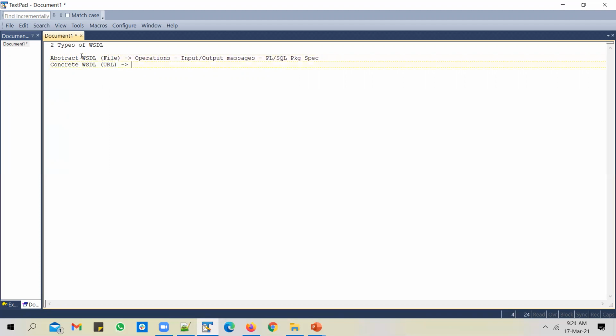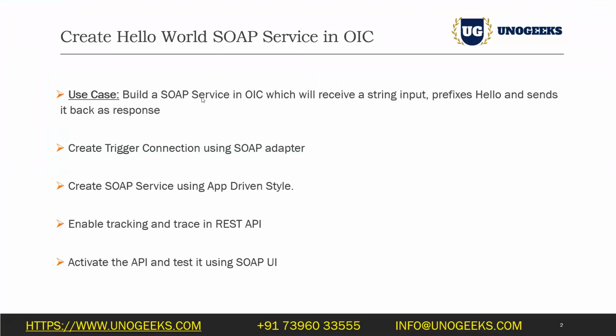Okay, so in this integration, I want to create a SOAP service which will take in name as an input, prefix hello, and send it back as a response. So I need to upload an abstract WSDL wherein I say that I want to have one operation called greeting, with name as the input parameter and greeting as the output parameter.